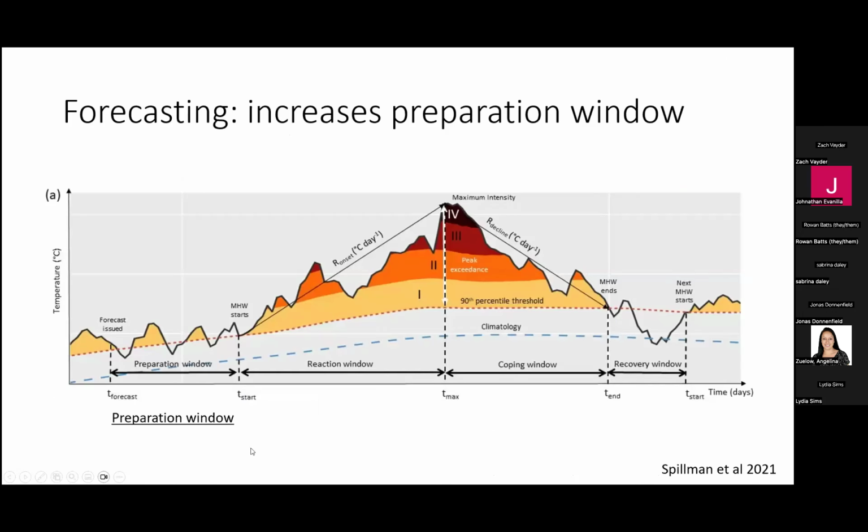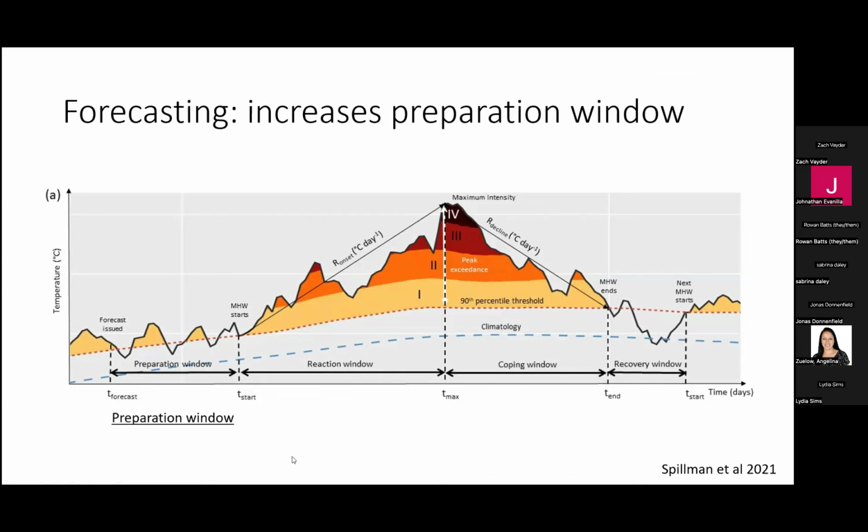We used these a lot in the last year because forecasting is really helpful for people who are preparing to cope with an extreme event. In this schematic here, a heat wave has begun where I've indicated with time start. And if a heat wave has begun, then anybody who's being impacted just has a reaction period of time. They're just trying to do something about it once the event has already begun. If you can do a forecast sometime earlier, then you introduce a preparation window, and you've got a period of time before the event occurs to do something about it.